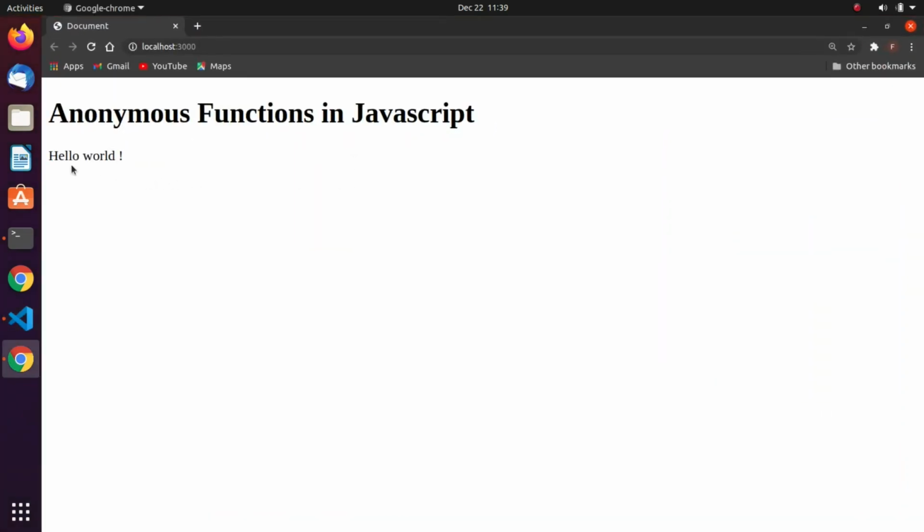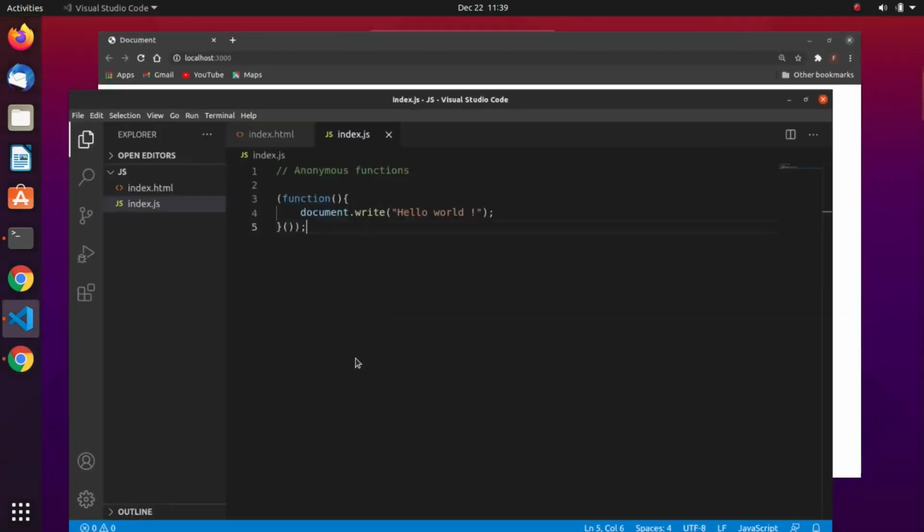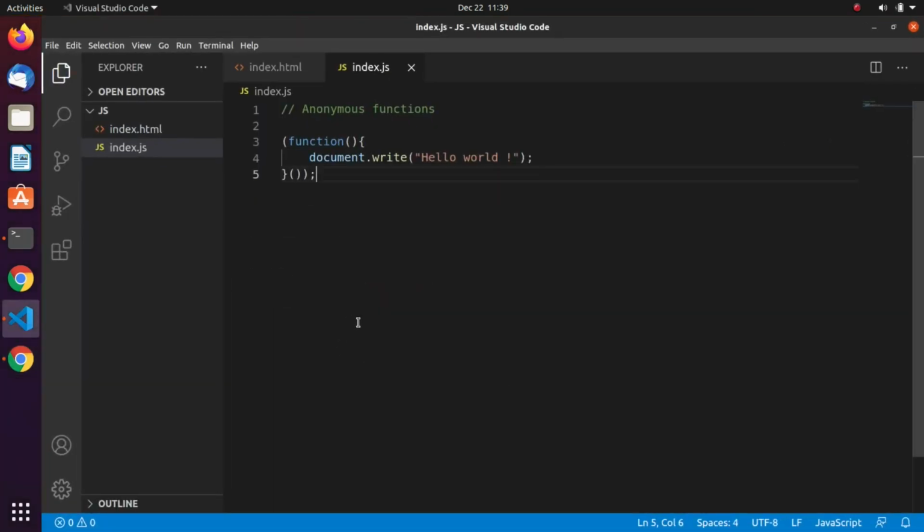You see here we have directly the hello world. Remember that when you declare a function, you must call it before it executes itself, right? But here this function is not called. Of course, the function does not even have a name. That's what we call a closure. It auto executes itself, right? That's what we call an auto-invoked function, right? They execute themselves without any call.